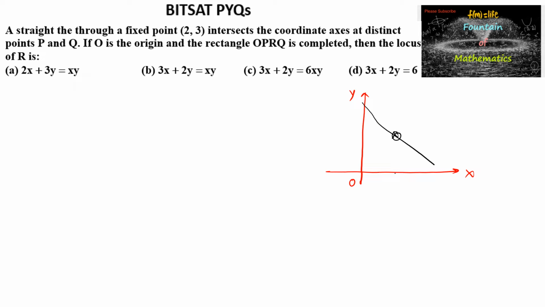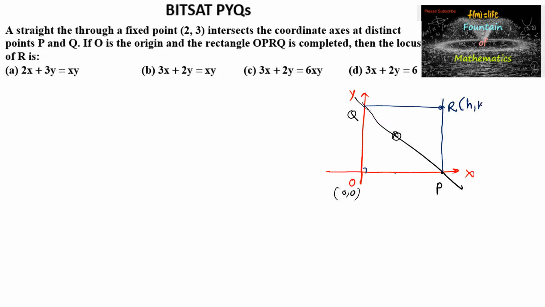A line passing through it cuts the coordinate axes at 2 points. Say this point is P and here it is Q. And if O is the origin and the rectangle OPRQ is completed, then the locus of R, let us consider R is the